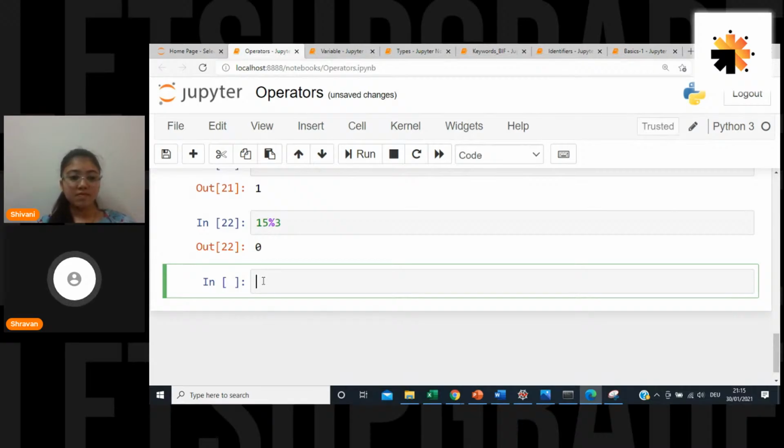And suppose I do something like minus 15, then go for the modulus operator, and I will take something like 7. Anybody can give the answer here now. What would be the answer here? Write your answers in the chat, guys.